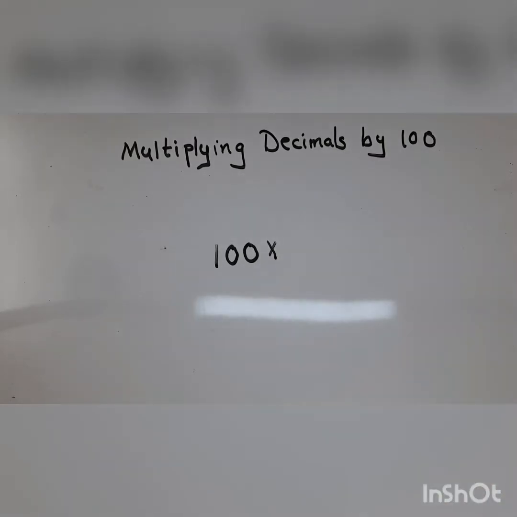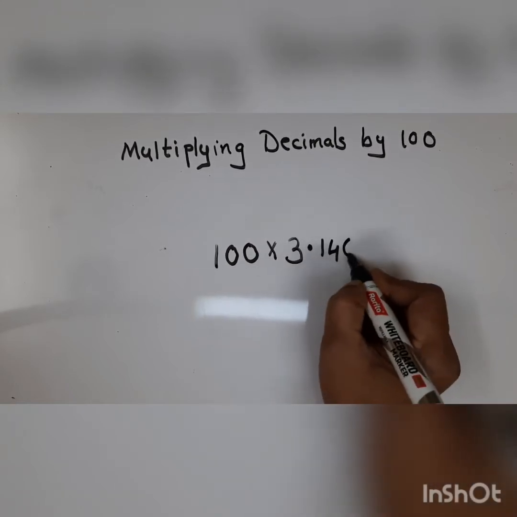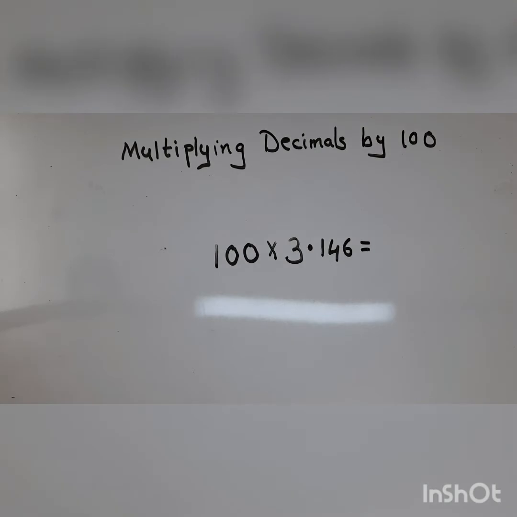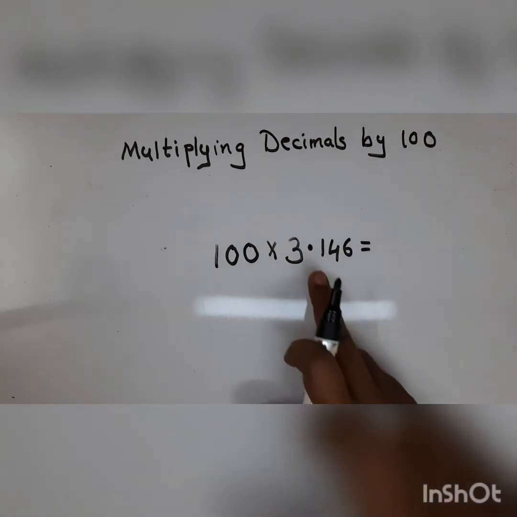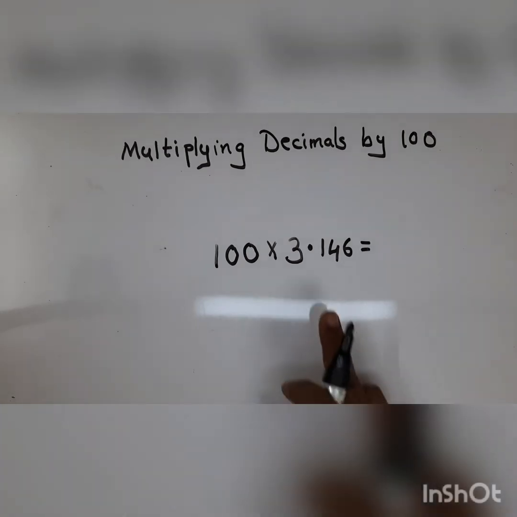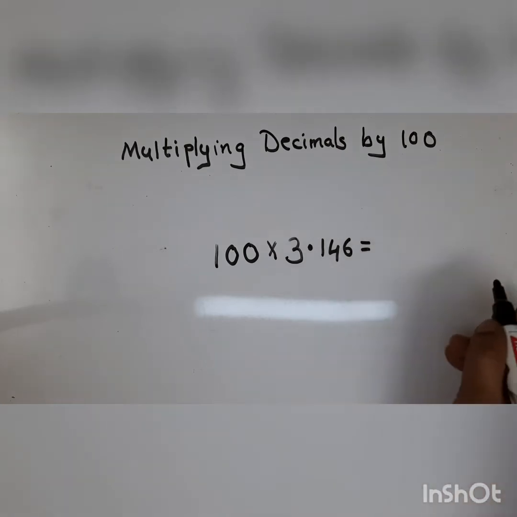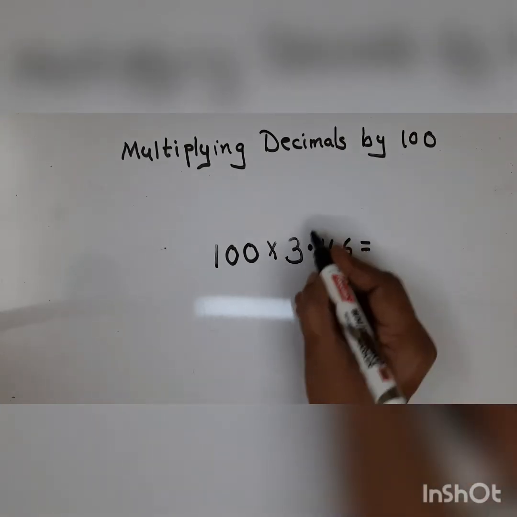Take for example, you are multiplying 100 into 3.146. What's the rule? What did we say? When you multiply by 100, shift the decimal point. This decimal point doesn't belong here. We need to shift it. Shift it where? As many places to the right. Right is, children, this side. The hand which you write with, the hand which you eat with is your right hand. Don't get confused. So we are moving this side.